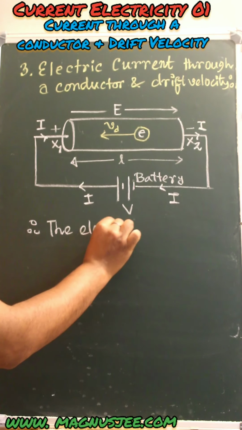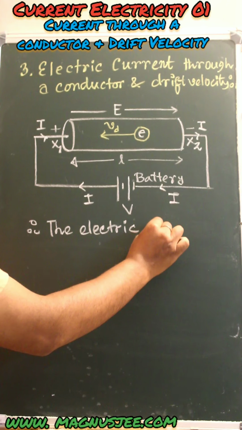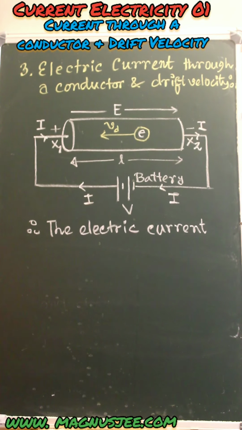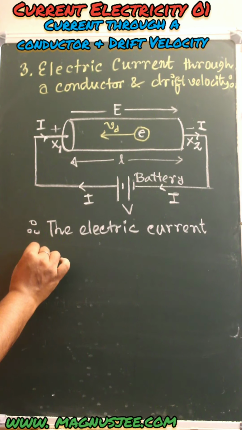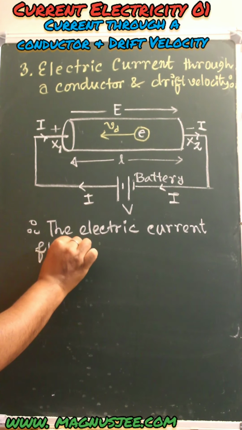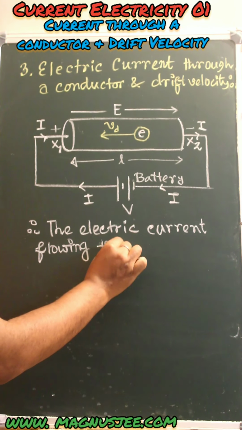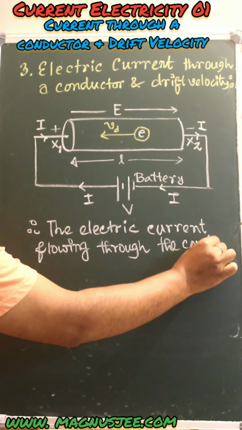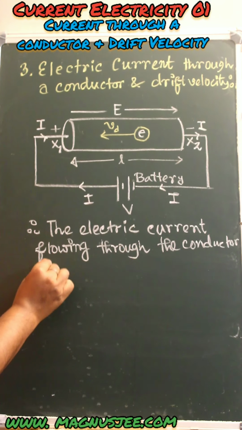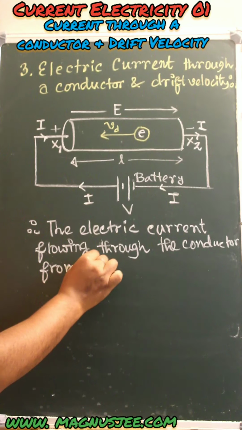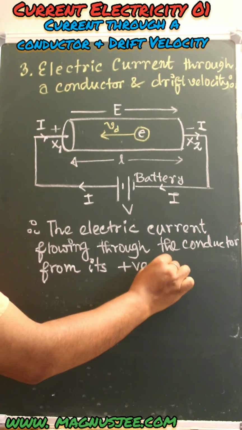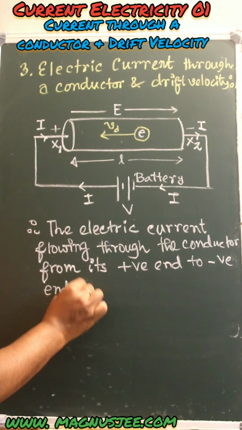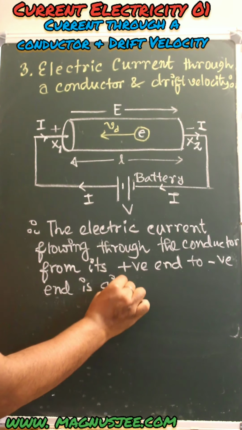The electric current flowing through the conductor x1, x2 from its positive end to negative end is given by